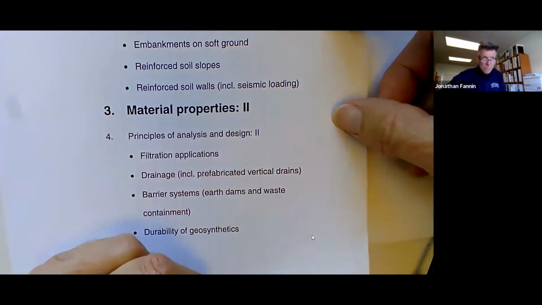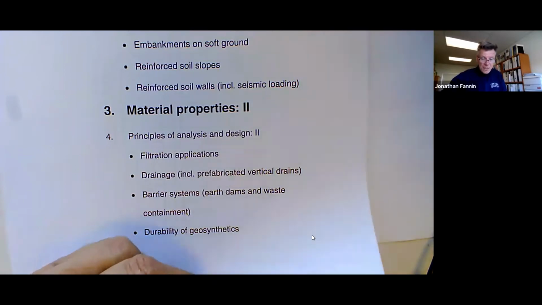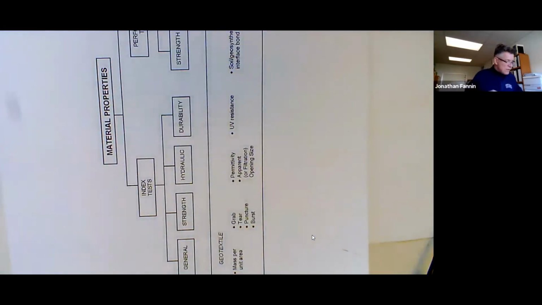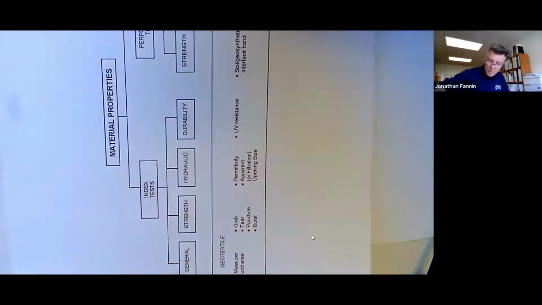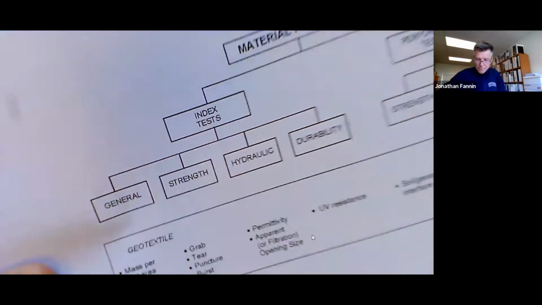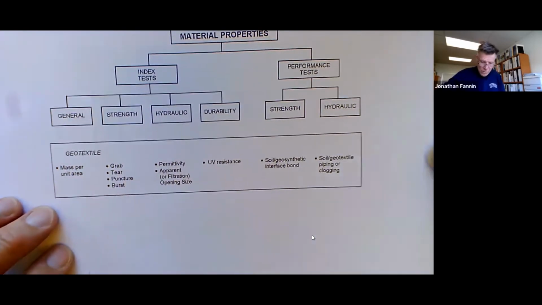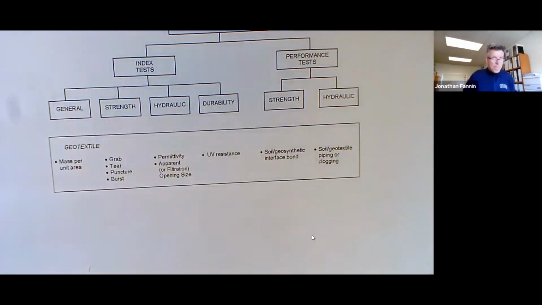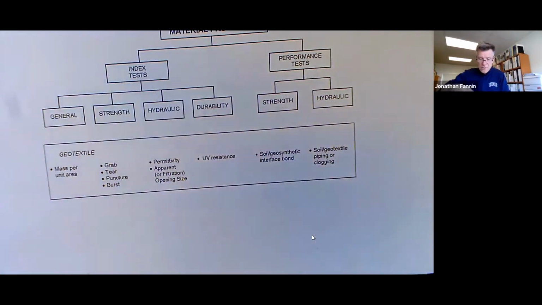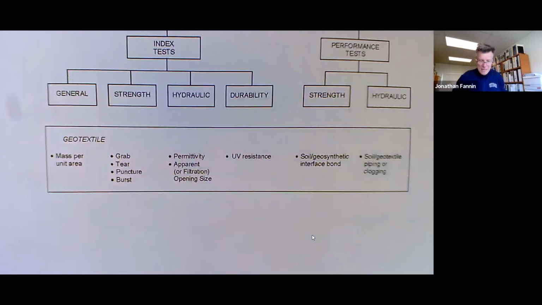I'm going to focus primarily on the hydraulic, but it behooves me on the way through to acknowledge that we need to have a sufficiently strong material. So let's deal with this in one slide and tuck it away. The strength is not going to account for things like creep, which we were addressing in the reinforced soil design. The strength is going to be very much from index tests